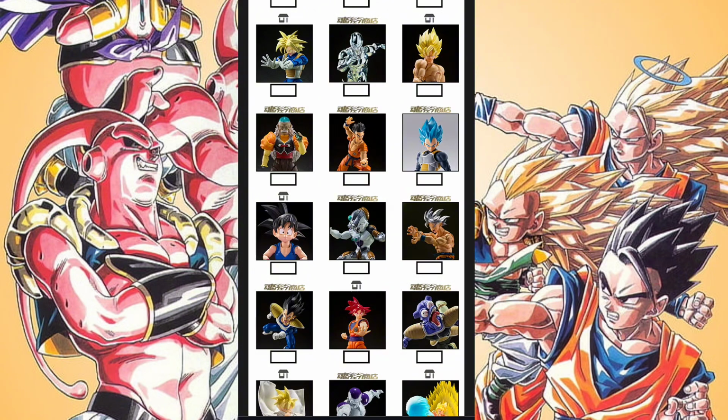Yamcha, Android Saga, but you could also say that scarcity because the last time we got the Yamcha release was way back, what, like 2017, 2018? Y'all can correct me if I'm wrong. And then we have Super Saiyan Blue Vegeta from the Broly movie, which is basically scarcity because it won a poll and it ended up getting re-released.